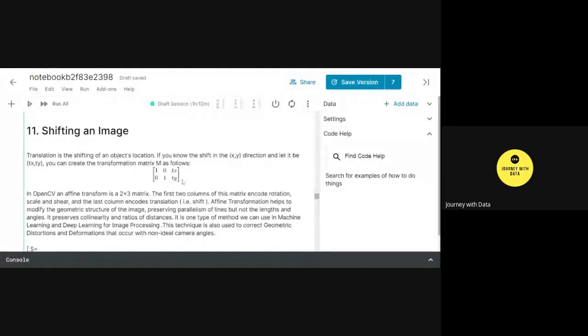So these coordinates, the tx and ty, these two columns, they determine the shift in a matrix. So they are basically responsible to encode the rotation or probably the translation, which is shift in this case. So this is also known as the translation transformation matrix.